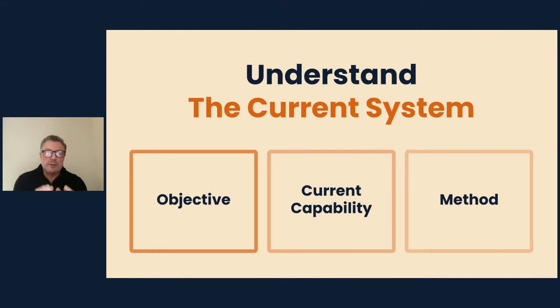The second thing that we need to do is understand what is the performance of the system today. In other words, let's not just set arbitrary objectives and arbitrary numbers, and I'll come back to that in a second. And third is we need to specify the method by which you actually are going to attempt to achieve your objective. Otherwise, you're just really kind of shooting in the air.